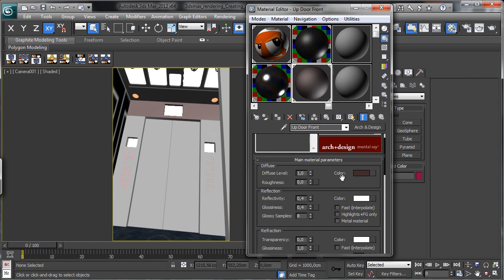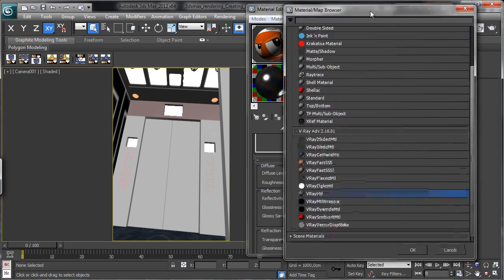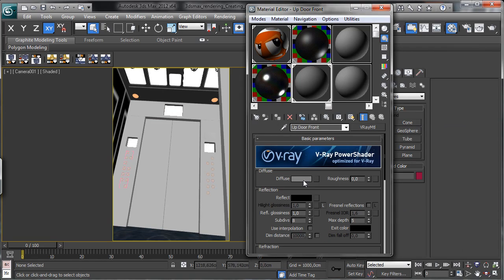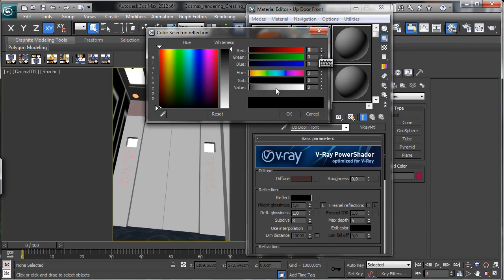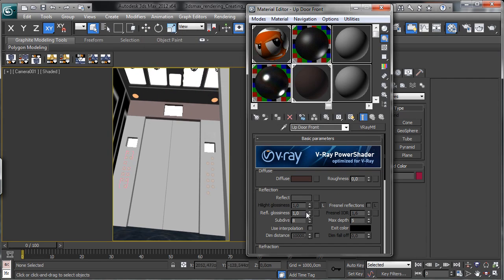Okay, this one is metal, copy, and V-Ray material, paste a little bit of reflection, sorry, and let's go for a Fresnel reflection, and let's go for 8, and we go for